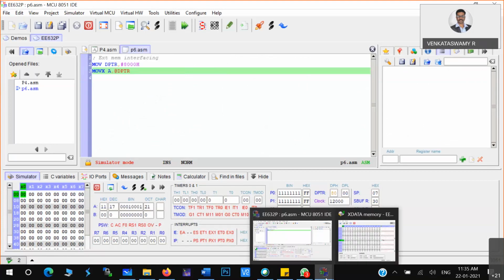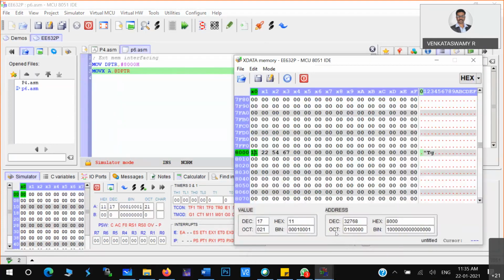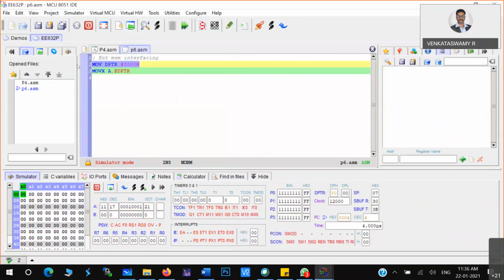Okay, now this is one way, taking data from external memory to internal memory. Assume that you have done some calculation or something like that, and you want to move the content to the external memory. Copy the data from the internal memory to external memory. Okay, in that particular case, for example, I want to,